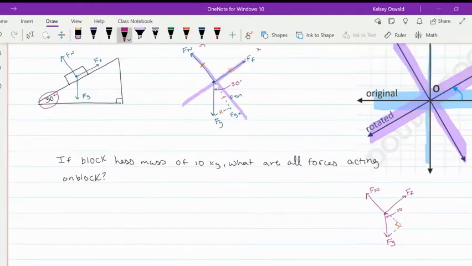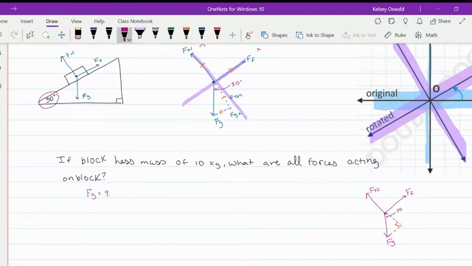Block has a mass of 10 kilograms, and we want to find all the forces acting on the block. So we want to find our force of gravity, force of friction, and our normal force. I redrew a free body diagram down here in the right-hand corner just so it's a little bit easier to view. And remember, we break up that force of gravity into our y and x components by continuing down from that normal force. Okay, so first thing, if we know our mass, we know that we can find our force